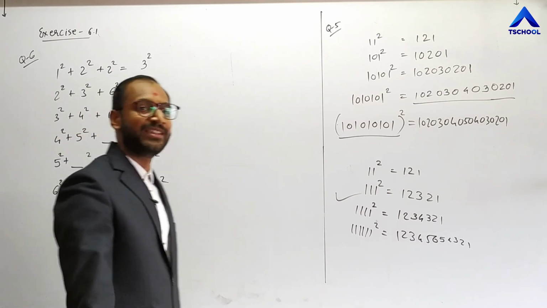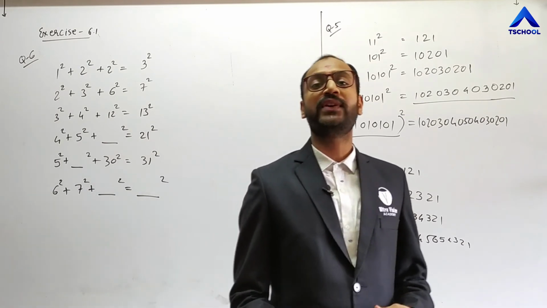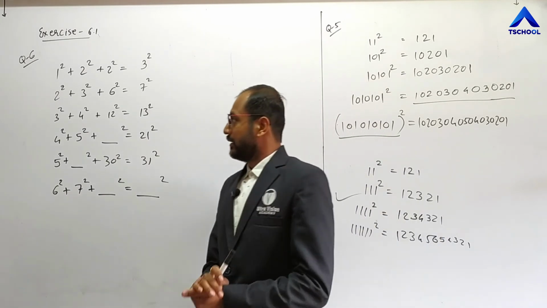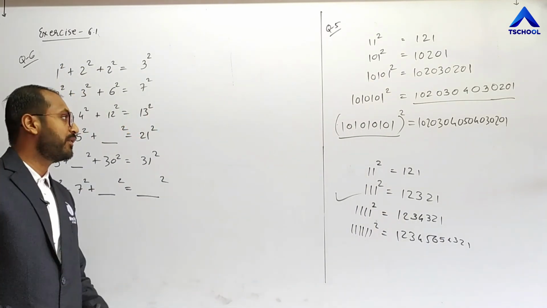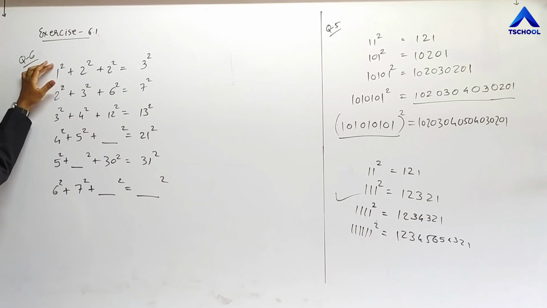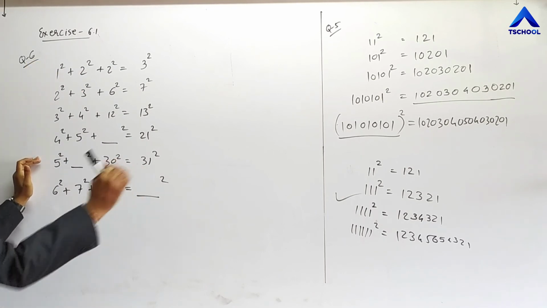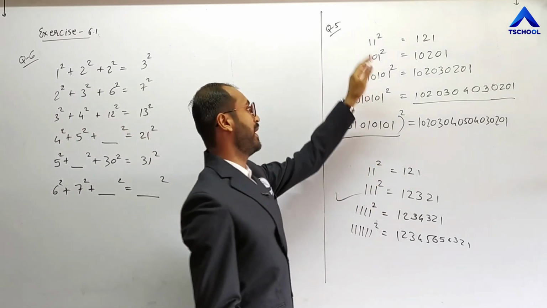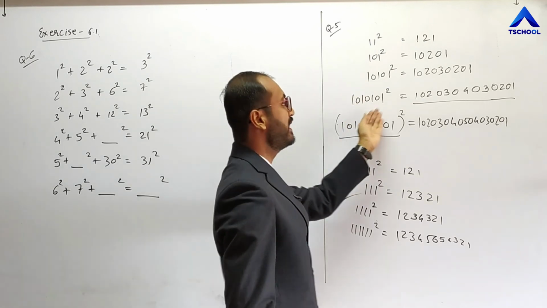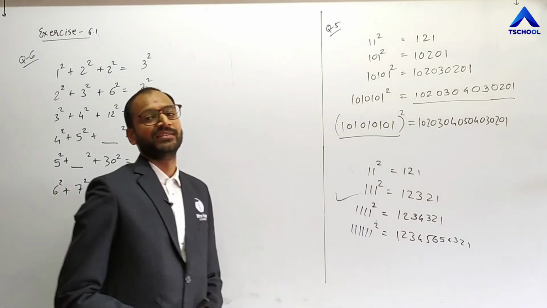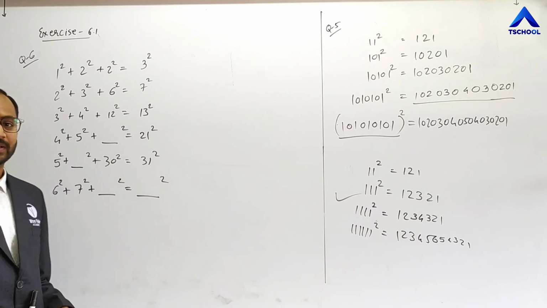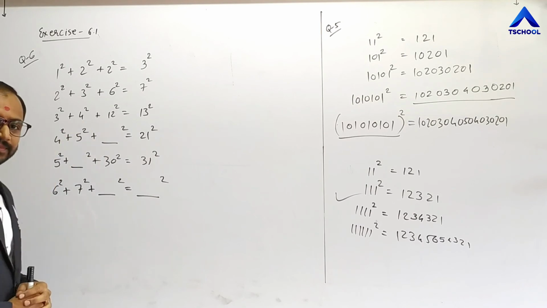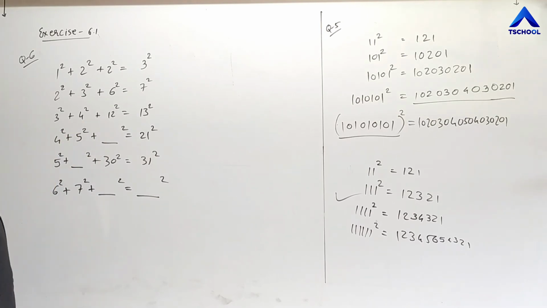This is one type of reasoning which you have studied in previous standard. This type of series is given, and what type of pattern is holding now. And by using the same pattern, you can find the answer. By observing this pattern, what is the answer of the next question? So this is one type of reasoning puzzle. What is the answer of this one? So let's understand this series.